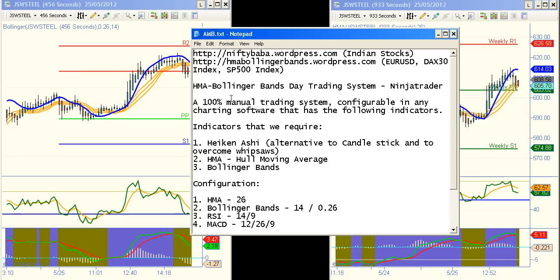And the settings are: HMA, our setting is 26; Bollinger Bands 14 MA period, standard deviation 0.26, and there are two other indicators which we will talk about later. Now let us start.